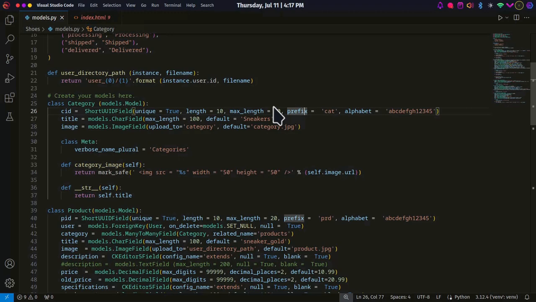I set it to A, B, C, D, E, F, G, H, 1, 2, 3, 4, 5. Very easy. It's very easy to implement. Then another category I want to include is a title. Another field I want to include is the title of that category. In this case, a title can be something like,